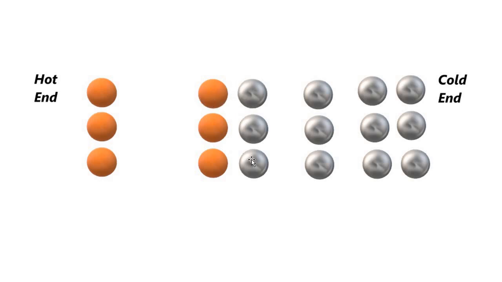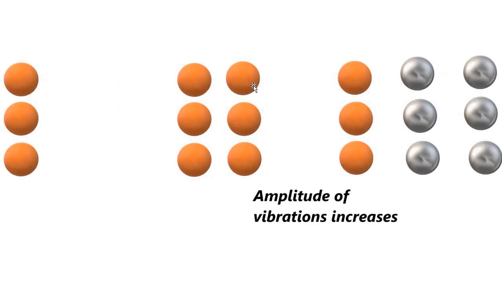As a result of this energy transfer, the neighboring molecules also start vibrating with increased amplitude, and their average kinetic energy, which is the sum total of rotational, translational and vibrational kinetic energy,